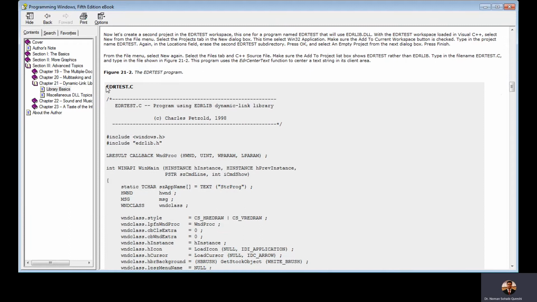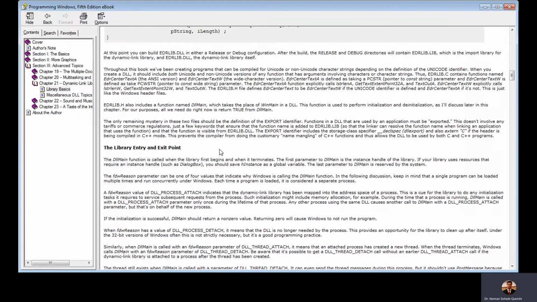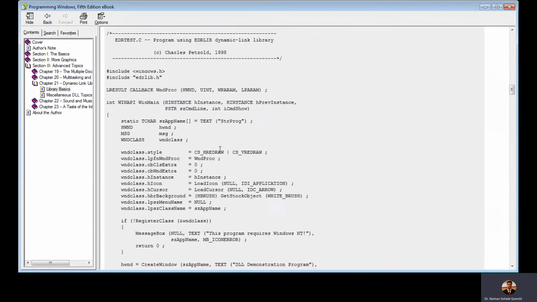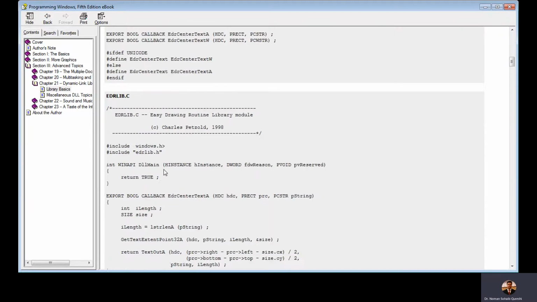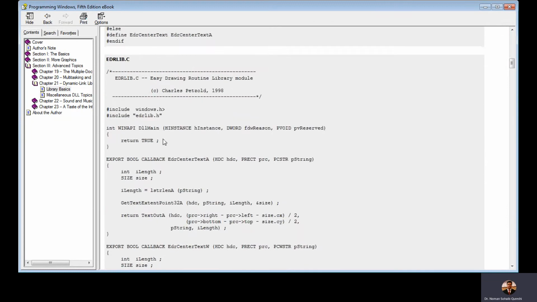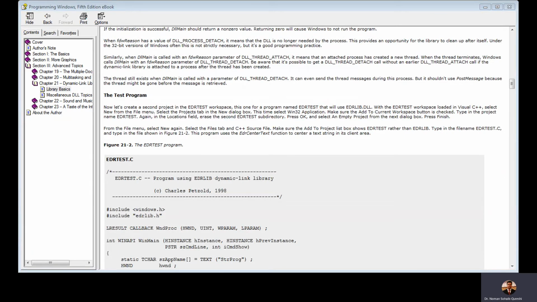Okay, then we saw that we need another process in the same workspace that will be calling the native dynamic link library for its usage. So you saw in the example in the last week's live interactive session as well that we may call EDR test.c. We may program it, and this process will use the dynamic link library created in the previous project. So two processes will be working simultaneously in the same workspace.